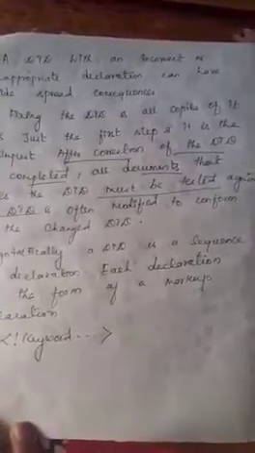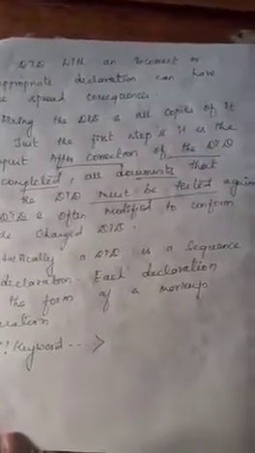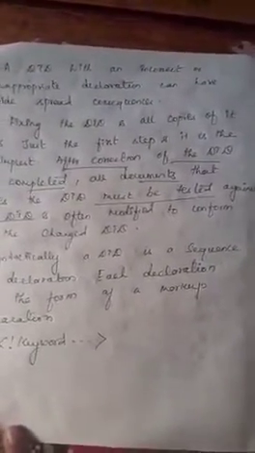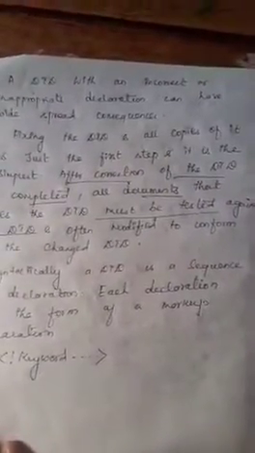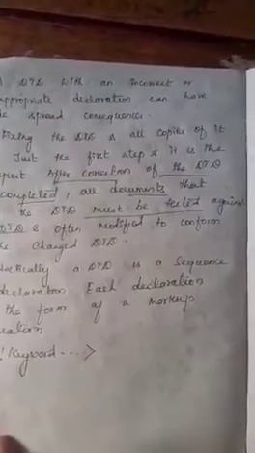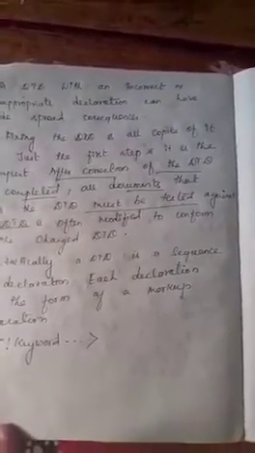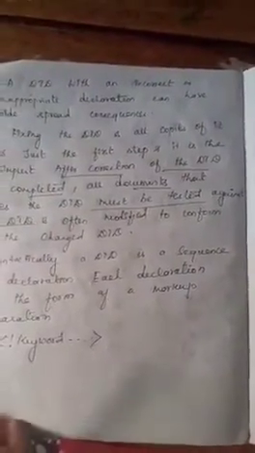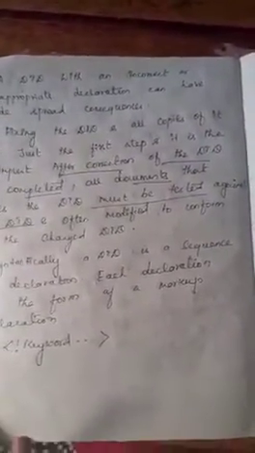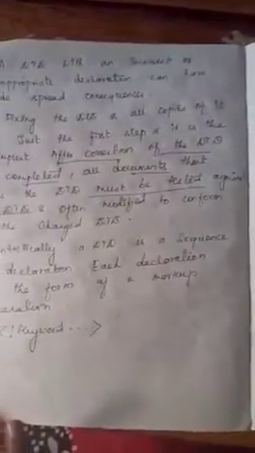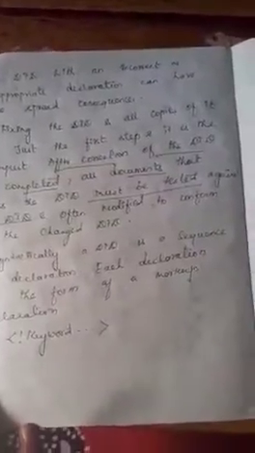For example, fixing the DTD and all copies of it is just the first step, and it is the simplest. After correction of the DTD, it is not completed. All the documents that use the DTD must be tested against the DTD and often modified to conform to the changed DTD. In this example, first you correct the external DTD, and after that the corrections made will be checked in all the documents that are connected to that external DTD. So error correction is a little bit tough in XML DTDs.